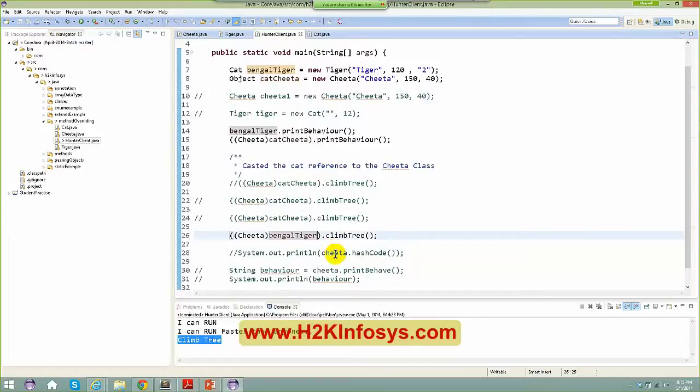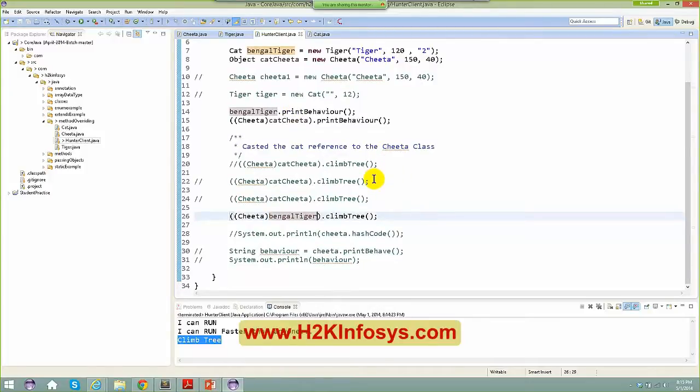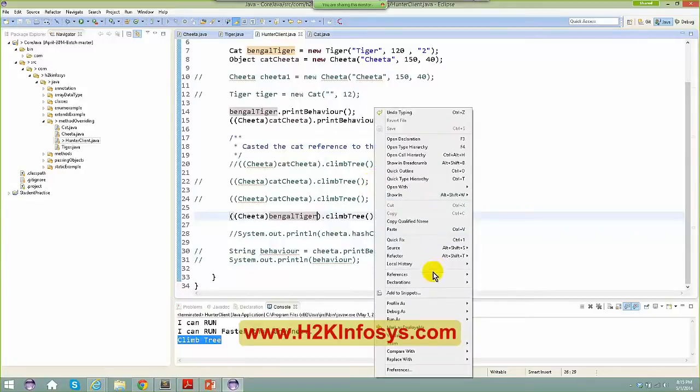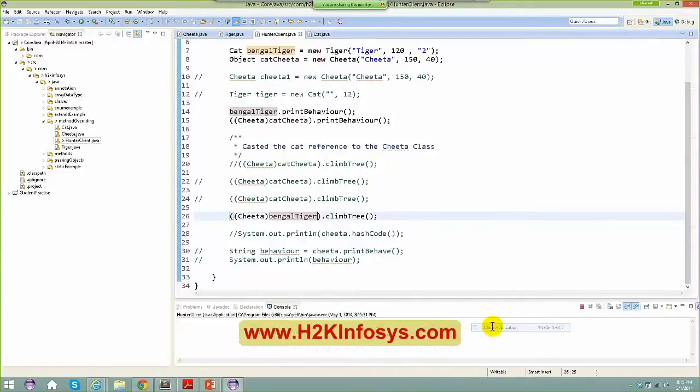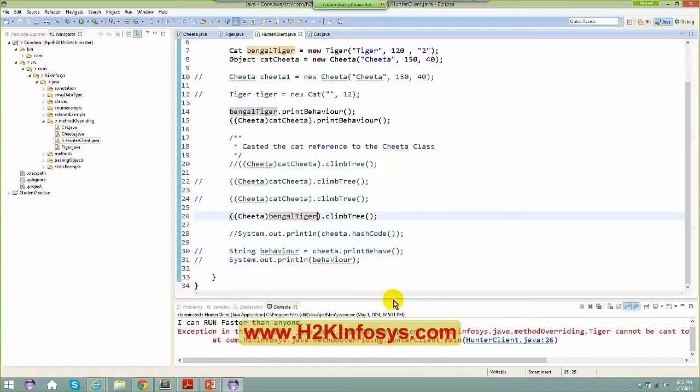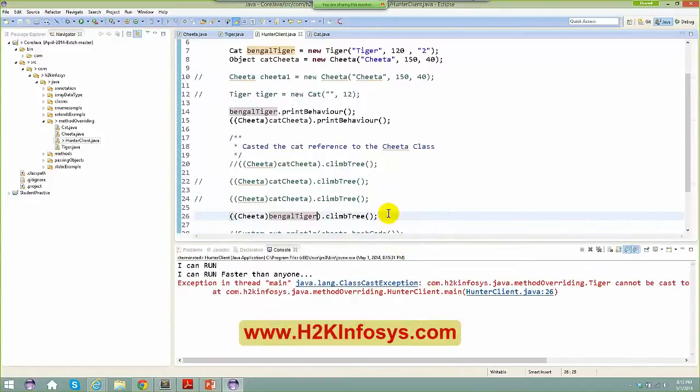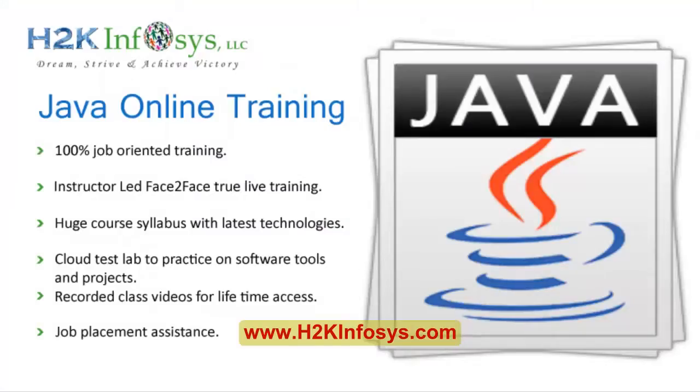Which is two different hierarchies altogether. Why is it a different hierarchy? Because no one is extending anyone. Both are extending one single class. I have no doubt on this, but still let's see what's going to happen here right now. So if I right click, run as Java application, you get a class cast exception. Why? Because your Bengal tiger,